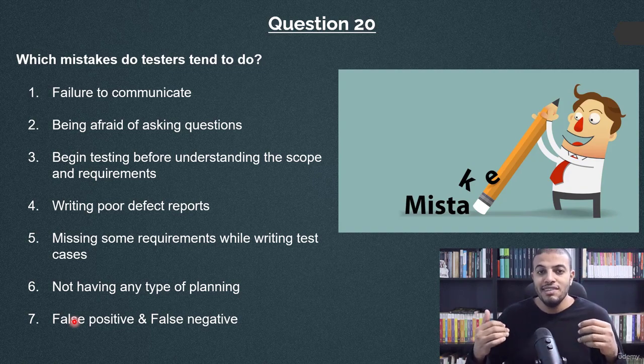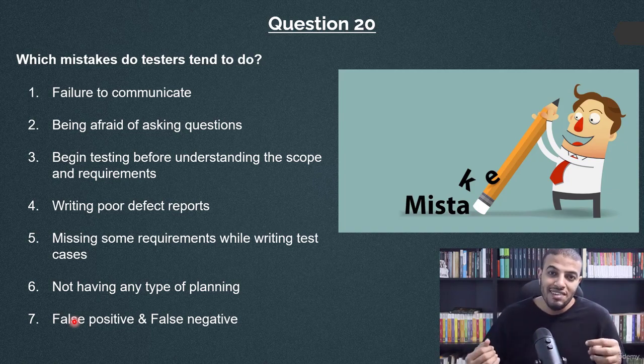False positive happens when you report a defect which is not a defect. For example, you are testing the login functionality. While you are testing this functionality, the login doesn't work. You are certain that you entered a correct username and a correct password. But let's say, for example, that while you are clicking on the login button, the internet connection dropped. In this case, there is nothing wrong with the login functionality, but the problem is in your internet connection. So in this case, the defect that you reported is not correct, it will be rejected, and this mistake is